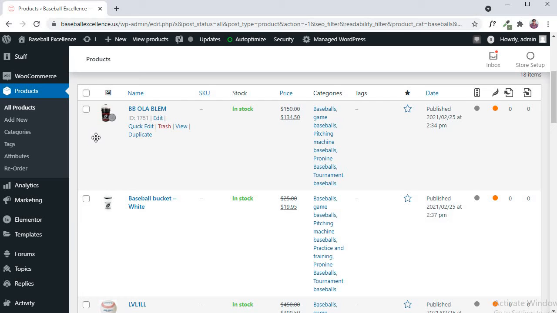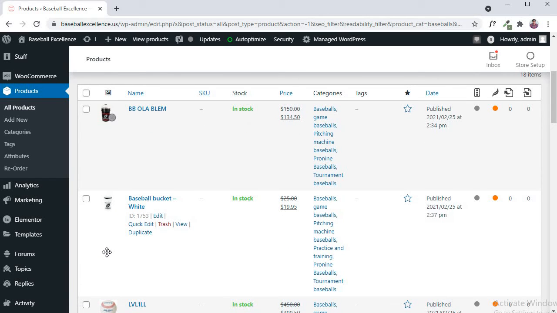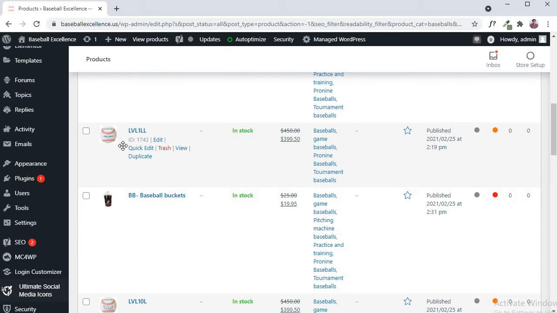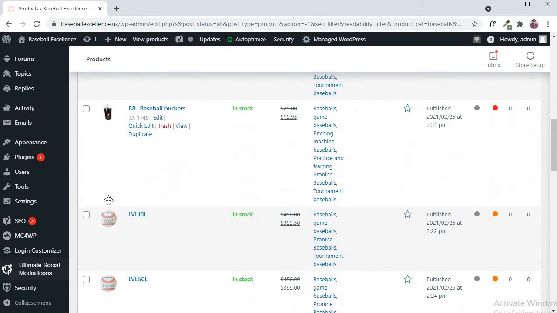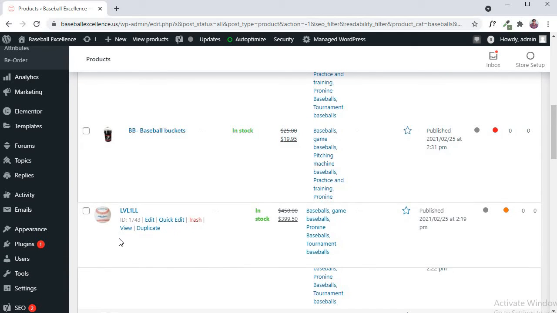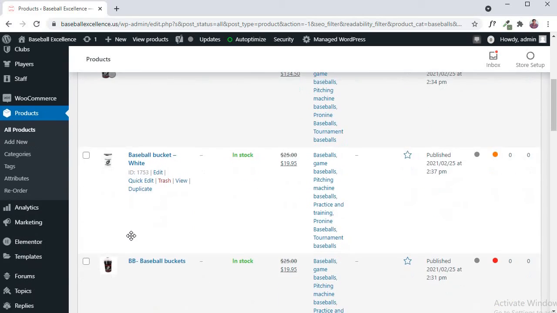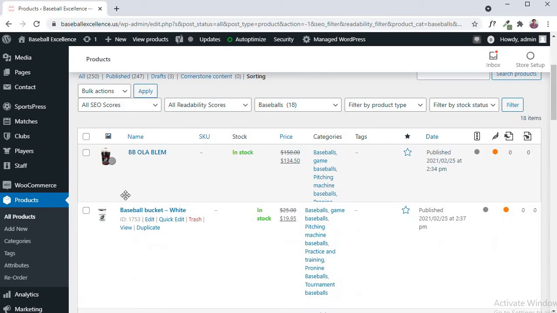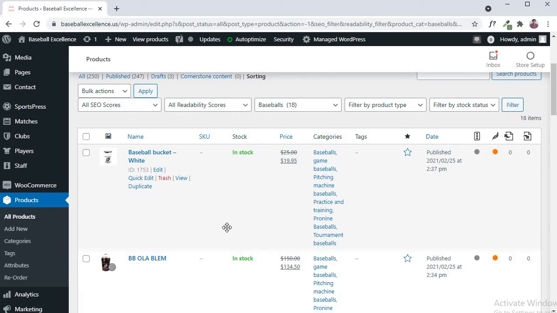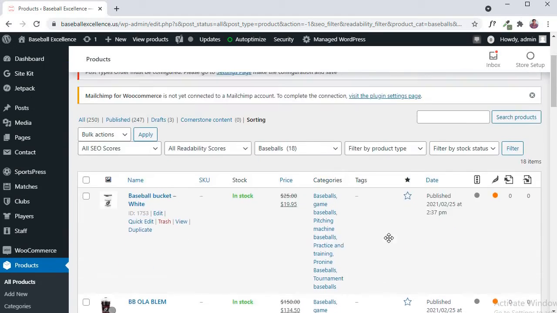the empty space basically, and simply click on the product and drag it down, and the product comes down. Let us suppose you want to bring this product below the baseball buckets. You simply click on it and drag it down, and there you see the product's order has been changed. Or let us suppose you want to put this baseball wine bucket up. Simply you need to do that. That way you can change the order in which products appear.